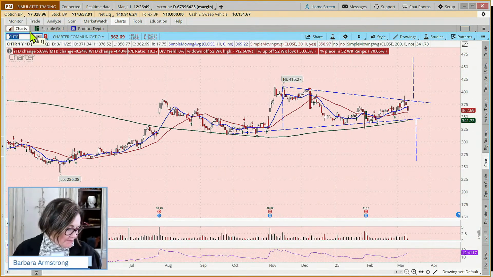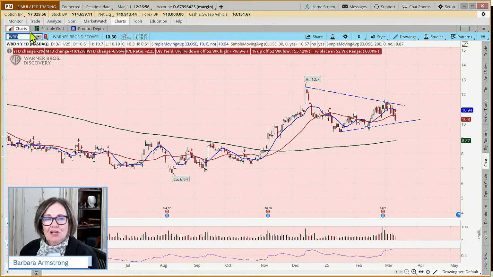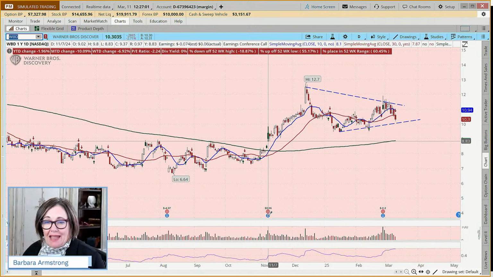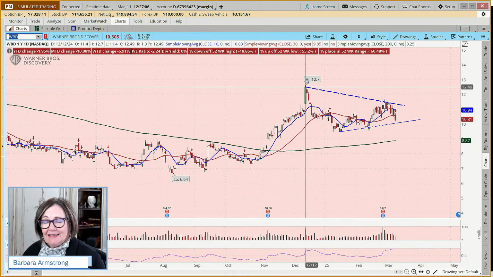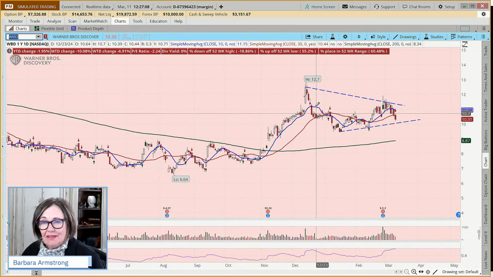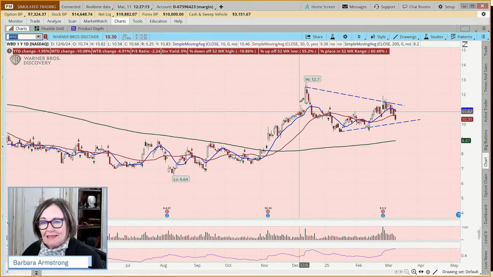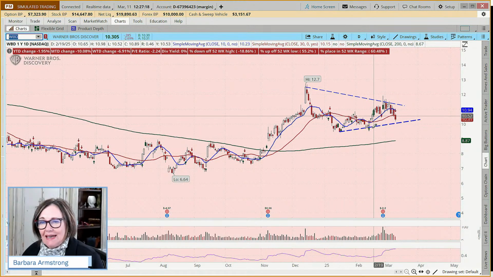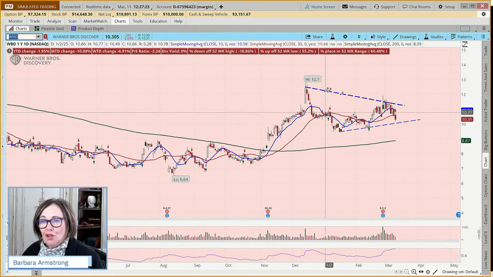That's Charter. How about we look at WBD, Warner Brothers. So Warner Brothers, now this is a stock that's been downtrending, had what appeared to be a good earnings announcement. It took off, hit this high of 12.70. So this is kind of in the cheap seats from a stock price perspective. And then it started to pull back. And again, here's another one. We're seeing higher lows, lower highs.